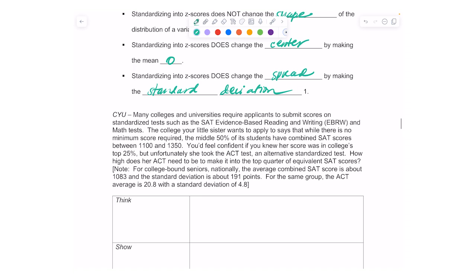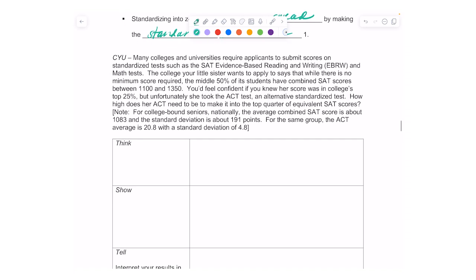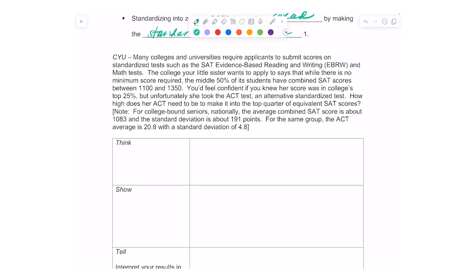Note, for college-bound seniors nationally, the average combined SAT score is about 1083, and the standard deviation is about 191 points. For the same group, the ACT average is 20.8 with the standard deviation of 4.8. So for this problem, we want to think, show, tell, okay? So let's think about what we're looking for here. What is it that I want to find? I want to know